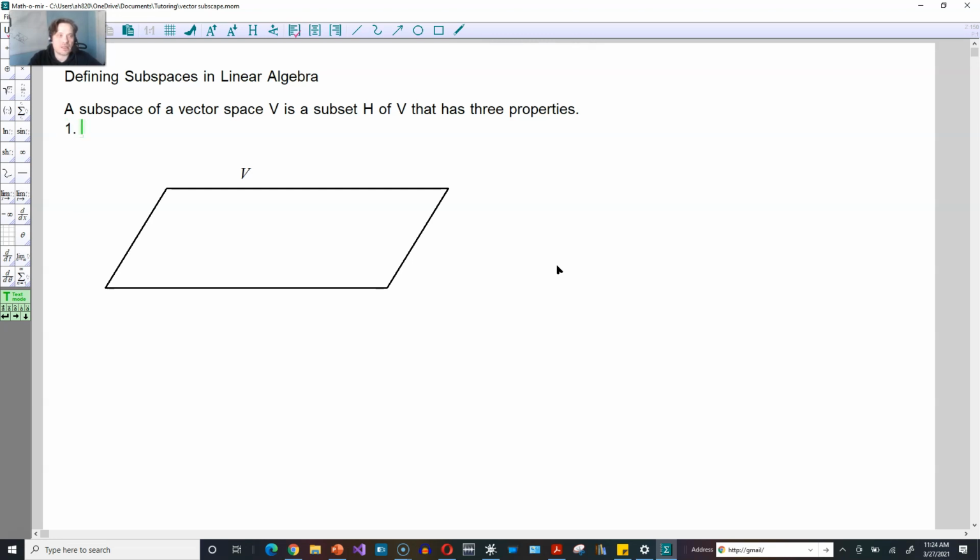So the first property is this one. The zero vector of V, read that carefully, the zero vector of V. So put this down as a zero vector somewhere within V. For example, a dot. Imagine that represents the zero vector of V. So the zero vector of V is in H. So now, how do I mark H? H has to contain the zero vector of V. So if I mark H as a line, it has to be something like this because it has to contain